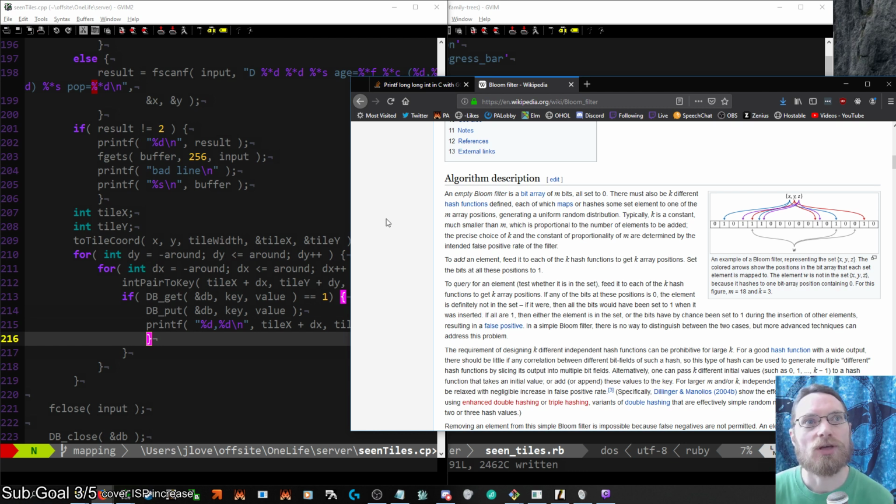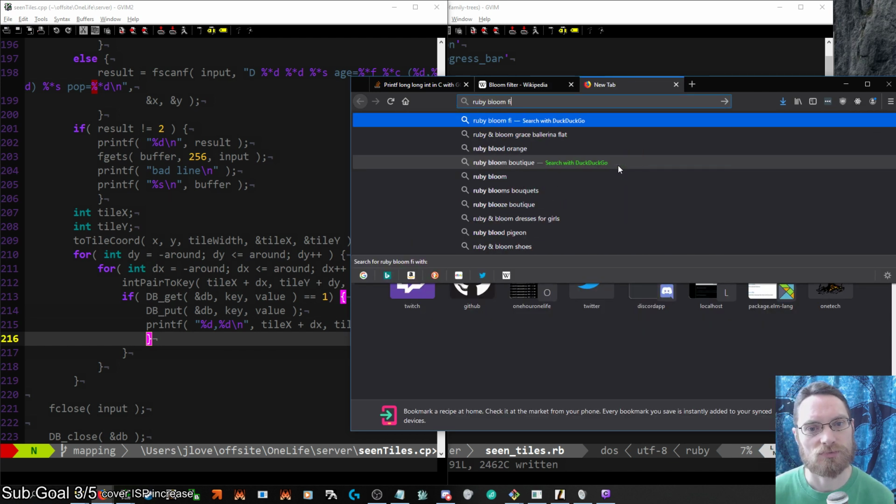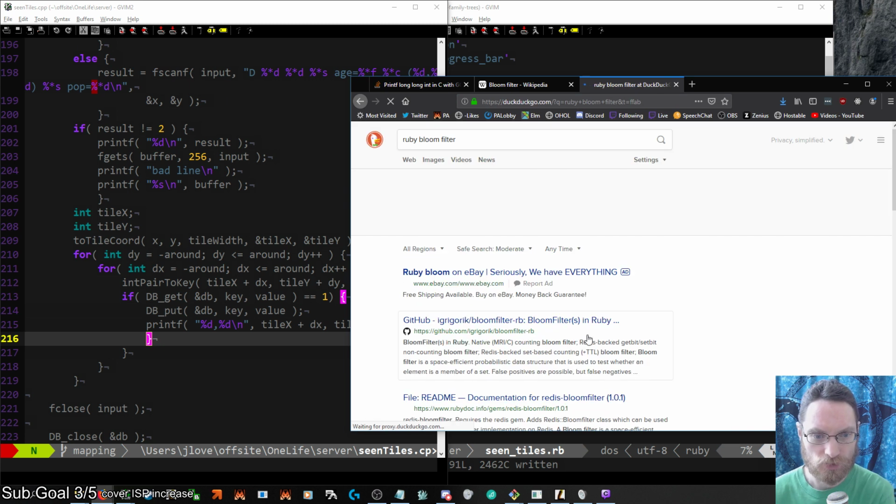Let's see, so I was running out of RAM generating my tile list. And that, well, this might be more tractable in Ruby because it would use less RAM. If you were, well, I might have to do incremental file output of the results. But for comparison,